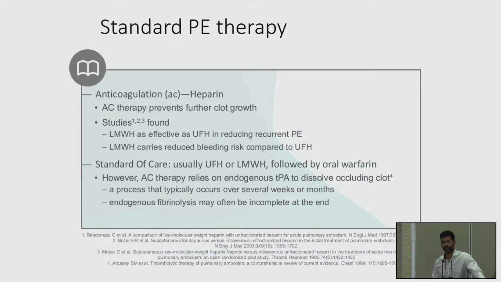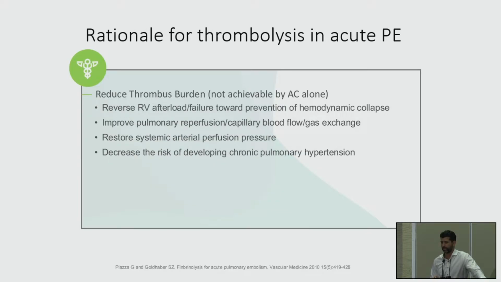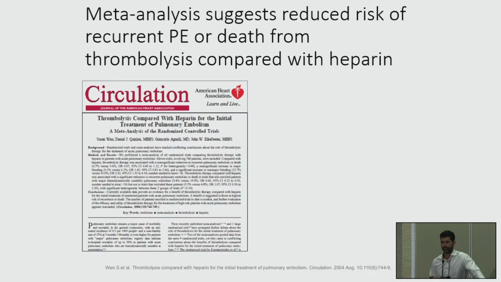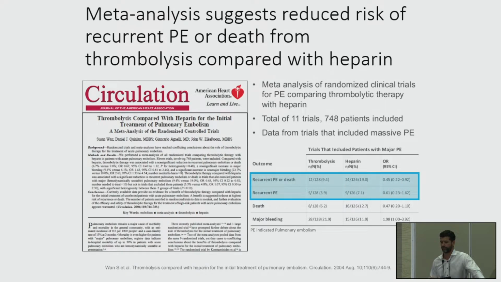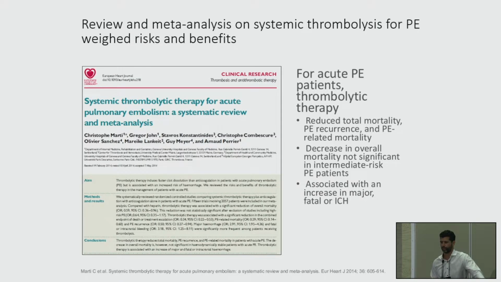So standard therapy for PEs is anticoagulation, as we know, usually a heparin drip. And the rationale for thrombolysis is to decrease the thrombus burden. There are some studies looking at systemic thrombolysis, but even though there's a mortality benefit, it has a higher association with bleeding risk, including intracranial hemorrhage. So that's why we kind of move into